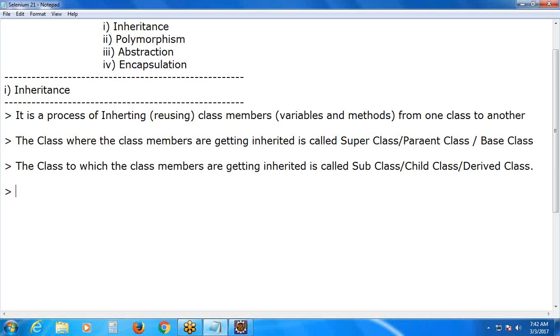Okay. Next, the inheritance between parent class and child class is achieved using